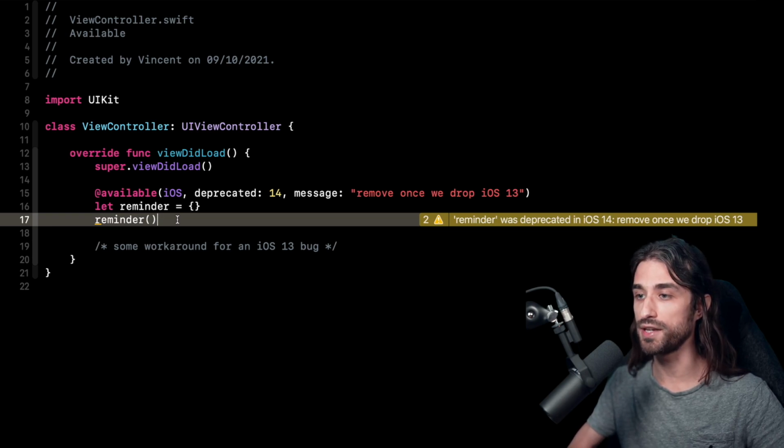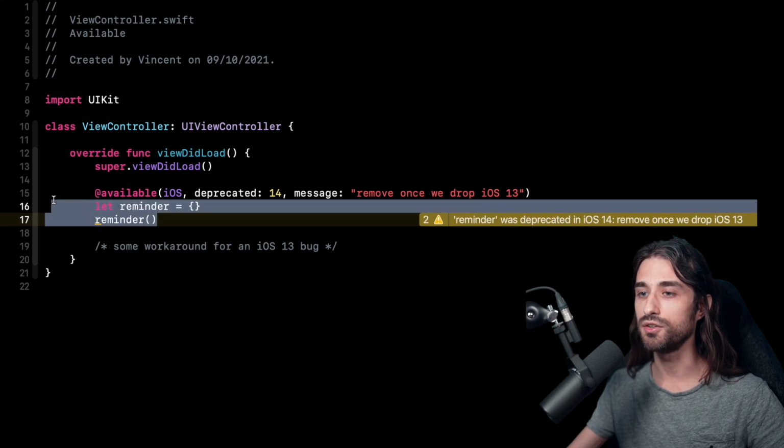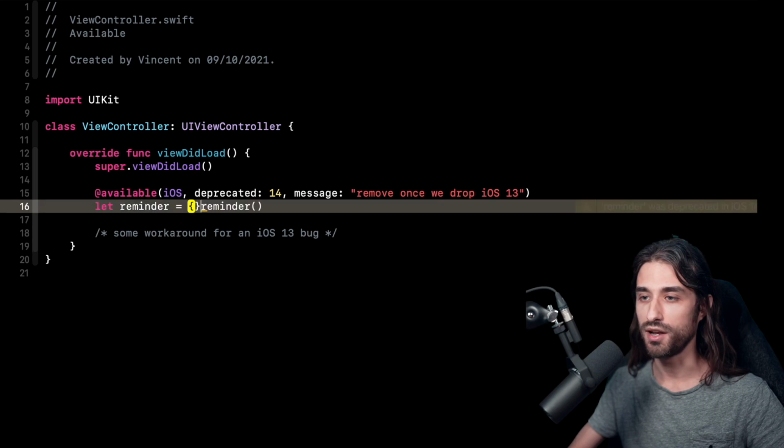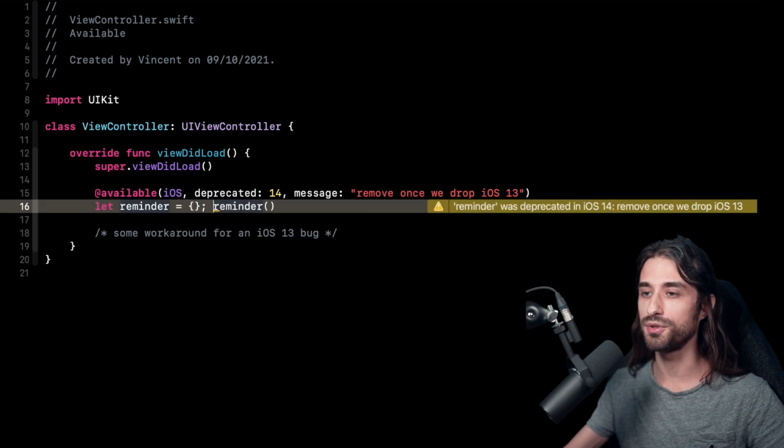Now we have a reminder that is managed by the compiler, but as I was saying before, this is not great at all. Of course I could optimize first, like this, by making the two statements on the same line, so it's a little bit better, but it's still far from perfect. But still, this syntax is interesting because it does allow us to have the compiler remind us whenever we need to check some code and maybe remove it because it is no longer useful. So how could we optimize this syntax?